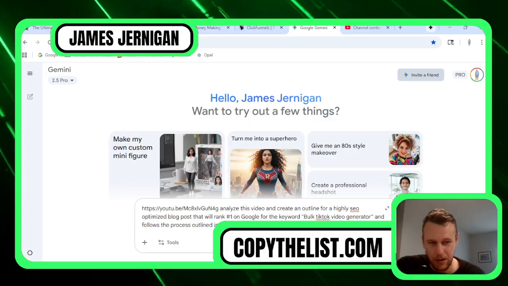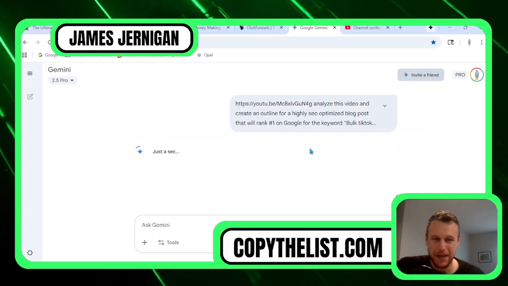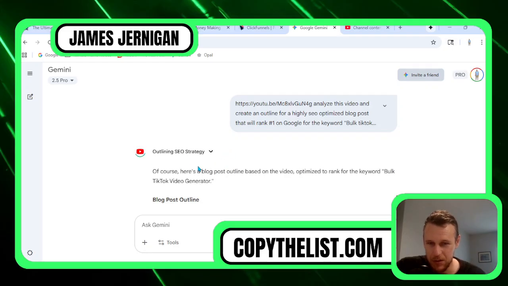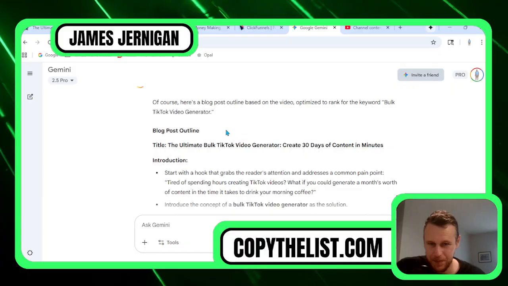So that's enough to get started. So I'm going to give it that, and in a few seconds this is going to create a prompt for my blog post. So you can see the steps here. It's formulating an outline strategy, devising a structure, it's connecting to YouTube, now it's analyzing my video. So it's got the blog post outline, here's the title, the ultimate bulk TikTok video generator, create 30 days of